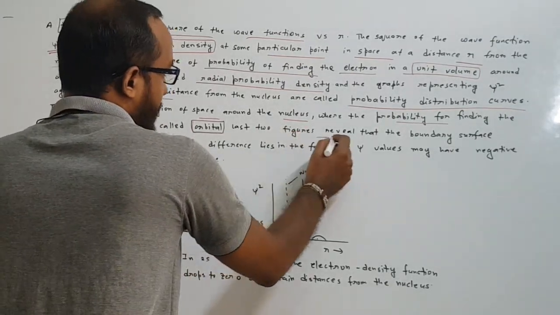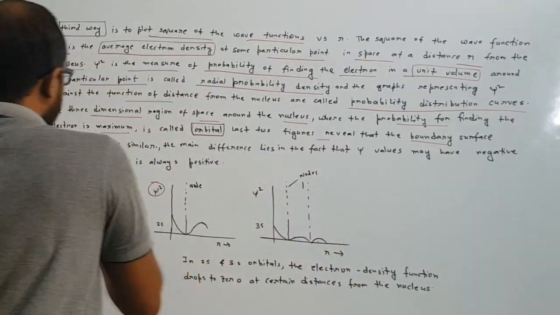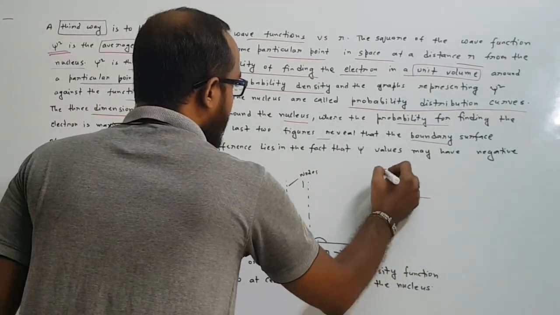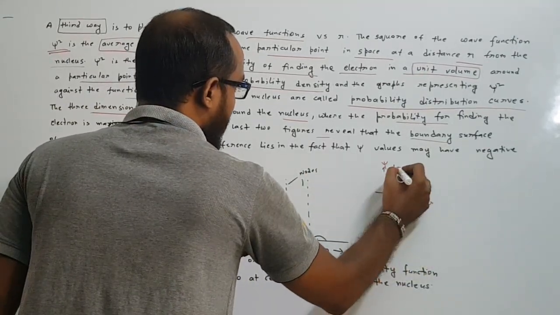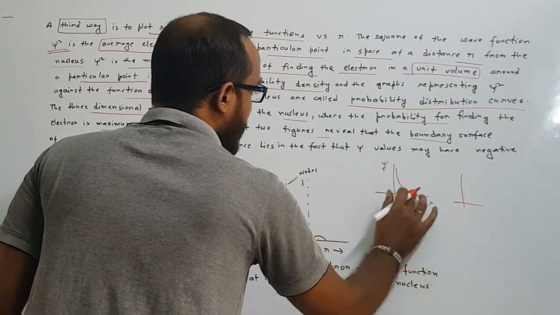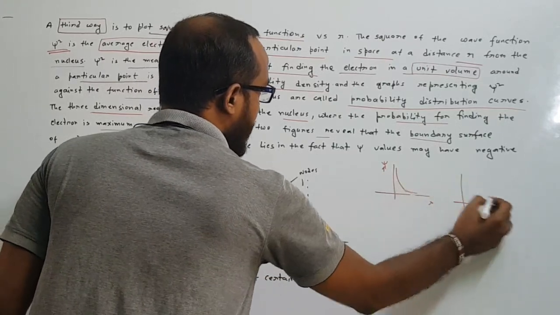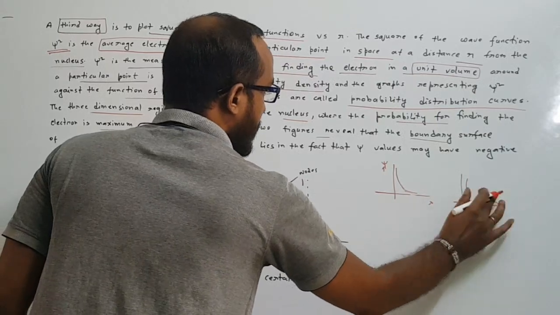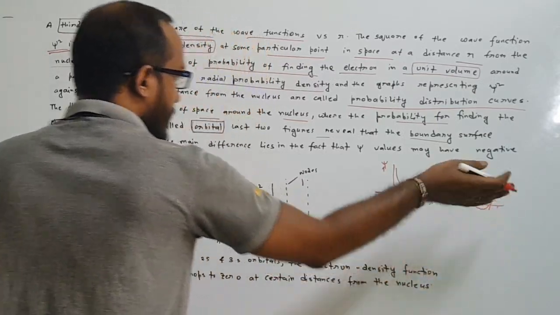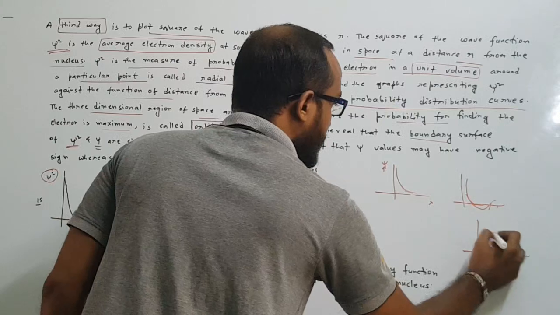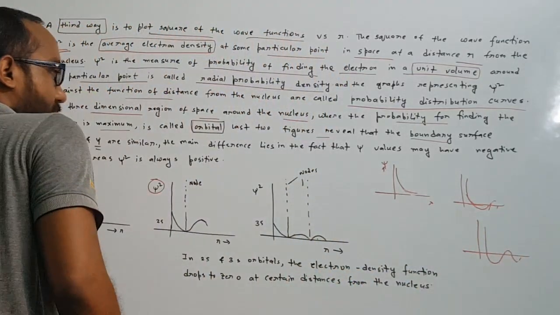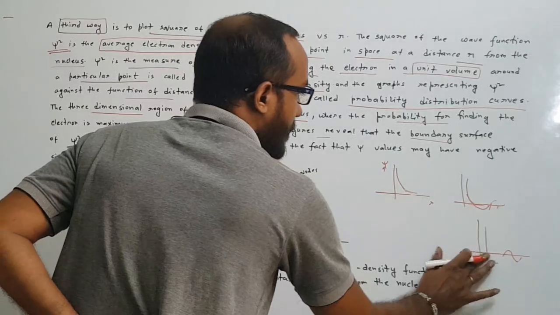The last two figures reveal the boundary surface of psi square and psi. In the last figure we have seen the curve between psi and r. This is the curve. In the next curve we have seen something like this, and the third curve we have seen something like this. Two curves. So from this we can say